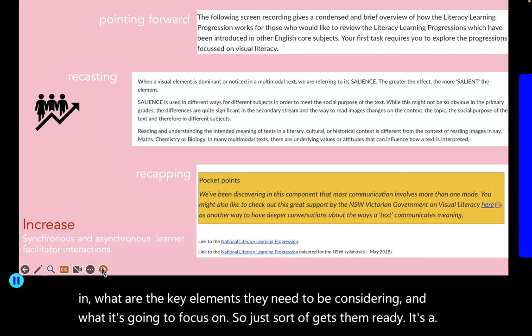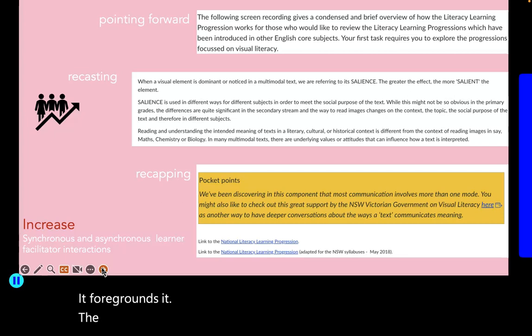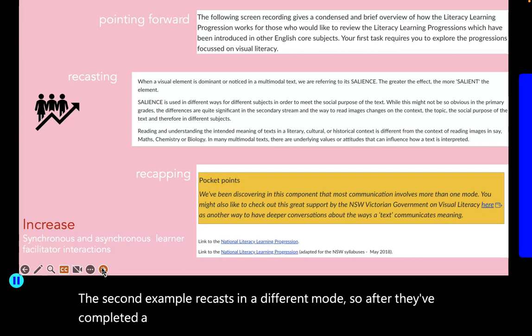It foregrounds it. The second example recasts in a different mode. After they've completed a particular element, it explains it in a different way or provides a different application.